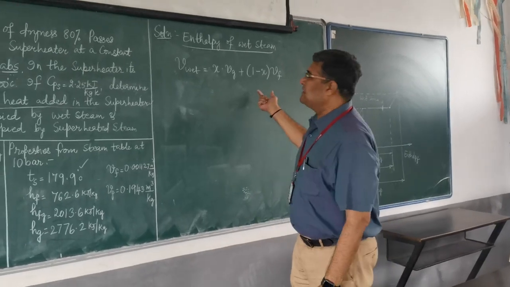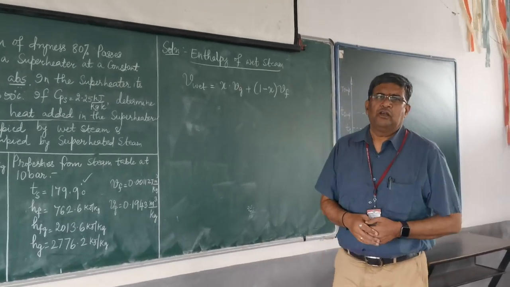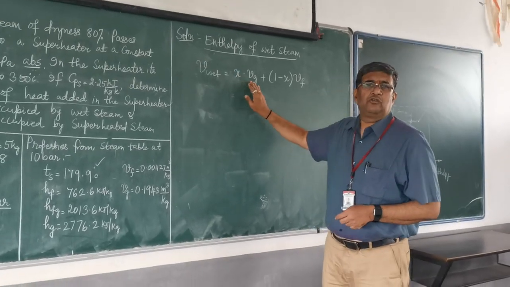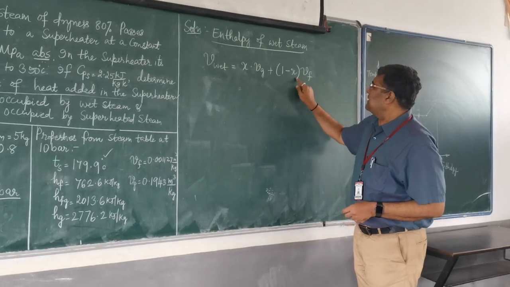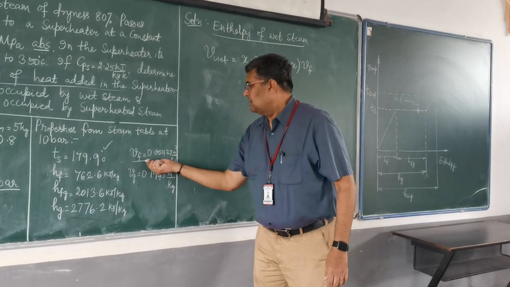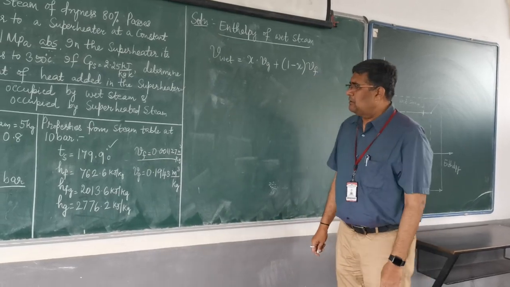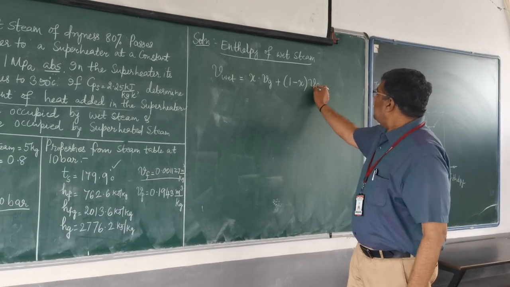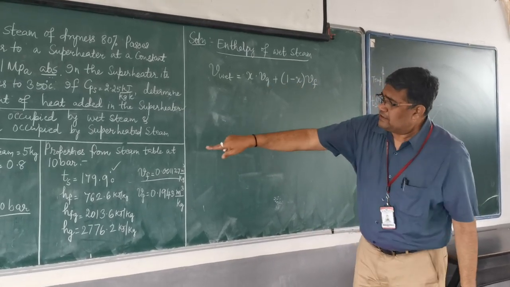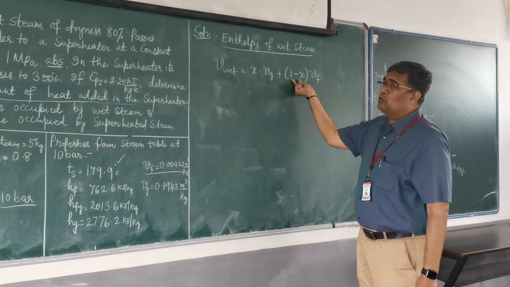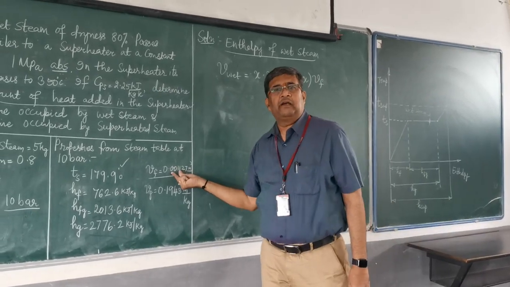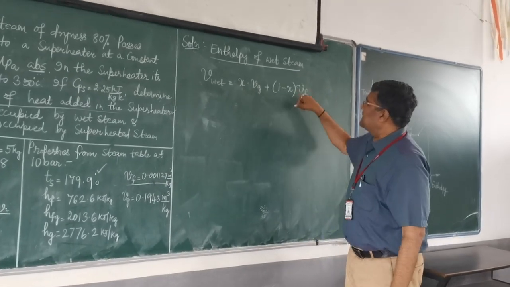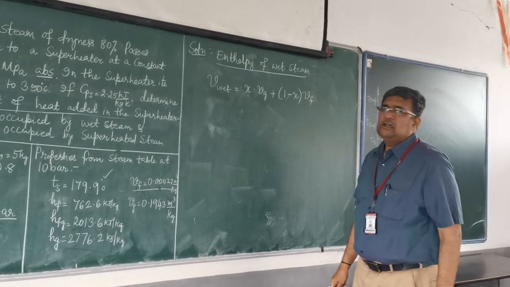Now, generally in most of the books you will find that the specific volume of wet steam is written as simply X into Vg, because 1 minus X into Vf, just see the value of Vf here. It is so small, 0.001127. It is there in the steam tables, and that is at 10 bar. That multiplied by 1 minus X, where X itself is 0.8, so this will be 0.2. So 0.2 into this value will be a very small, negligible value. So if you want, you can neglect this, or you can also include it and find out the specific volume.